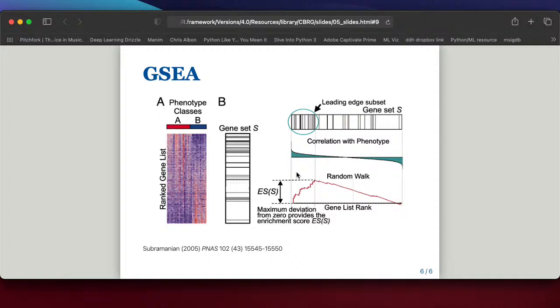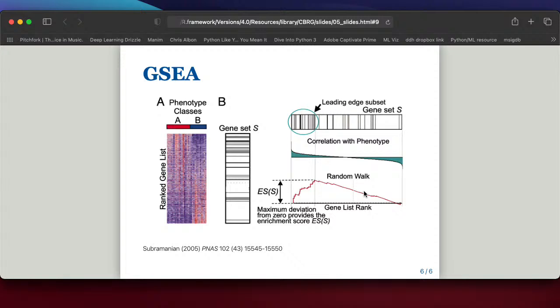Just randomly put in whatever genes. So let's say gene set S has 50 members: you construct another 1,000 collections of 50 randomly chosen genes each, and then you repeat this whole process to calculate an enrichment score. Then you construct a null distribution of enrichment scores based on these randomly selected genes.